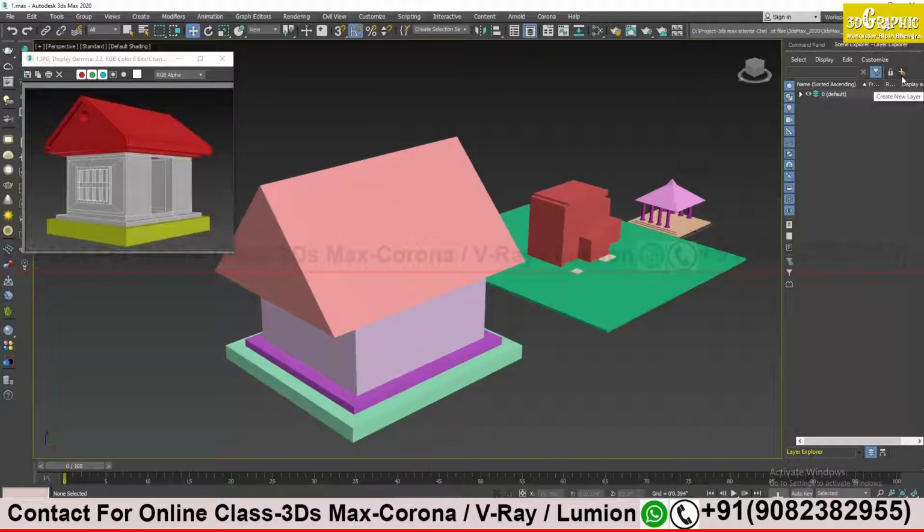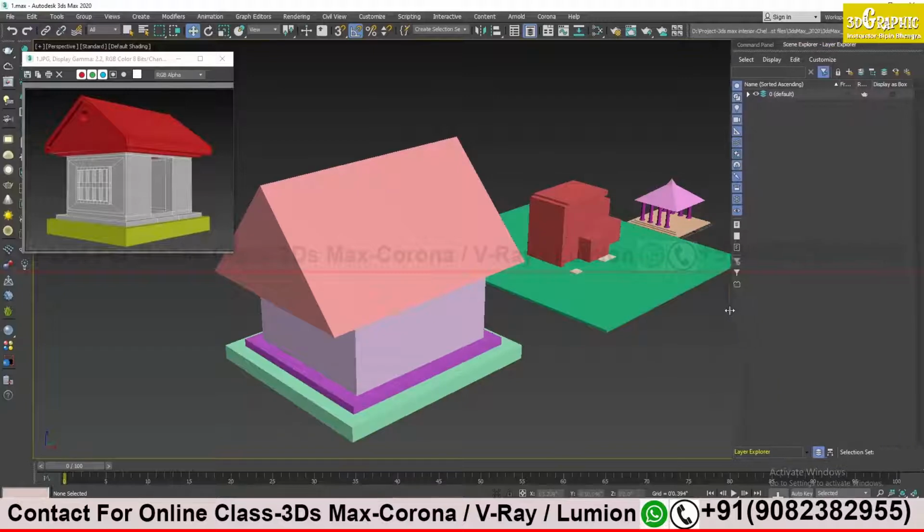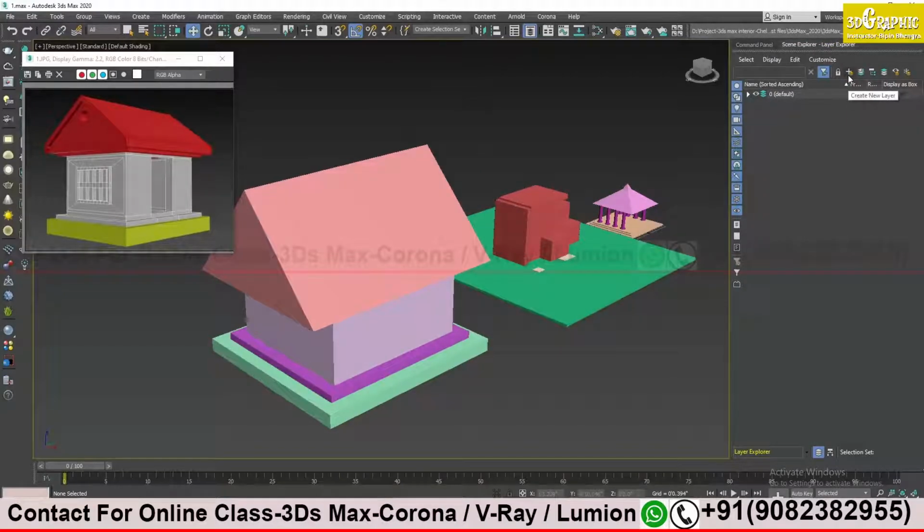You will not be able to see the top icons. We have some very important options, or very important icons, on the top. So you have to just increase the area: move your cursor toward the edge of the line, click and drag it out so that you can see the top icons. We have plus, and we have another very important icons over here. What they are, I'm going to explain to you.